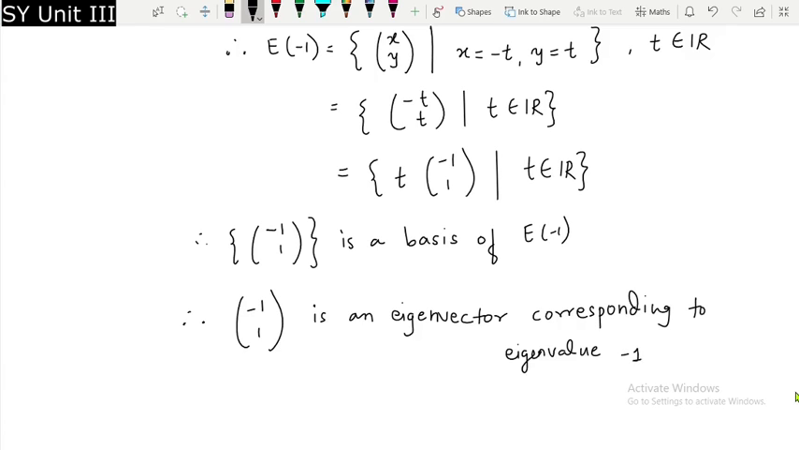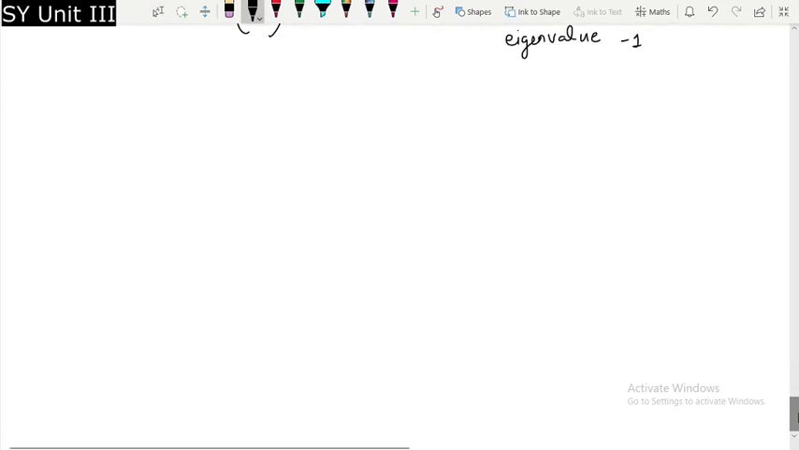That was easy, right? I'll leave the other part for homework. For lambda is equal to 4, the eigenvalue was 4. This part is homework. You send me the solution on